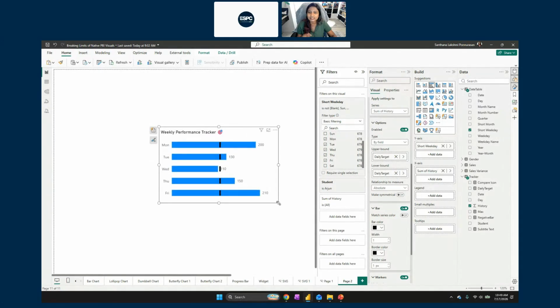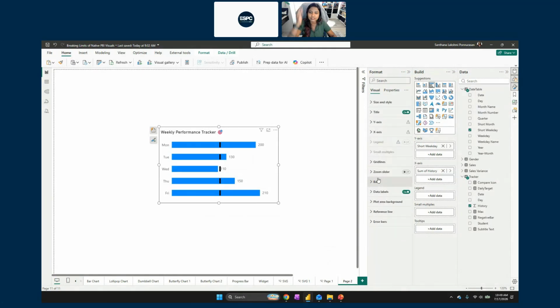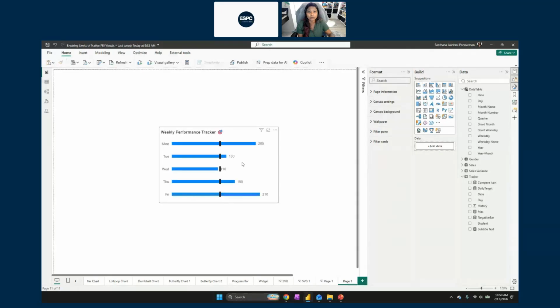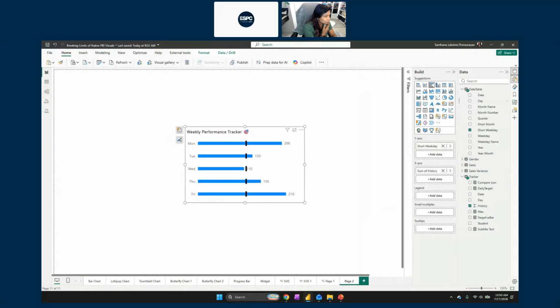Since my target is the same for all the days, you were able to see that it all aligns together. But if you have dynamic values, you will be able to actually see the difference. So I hope this answers your question. I am not sure who asked the question about the bullet chart.